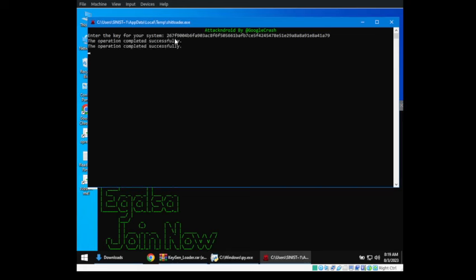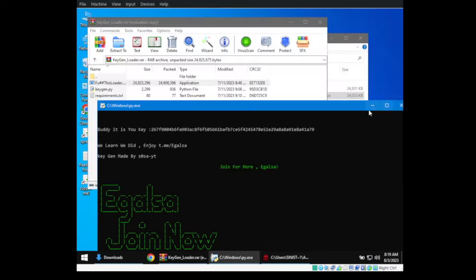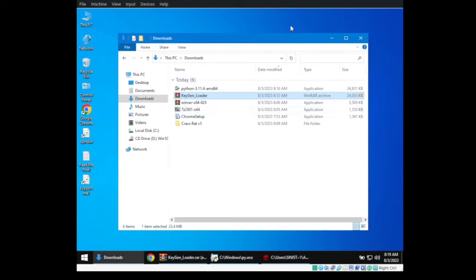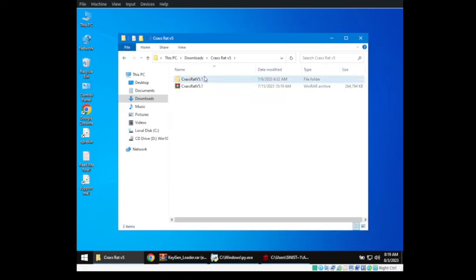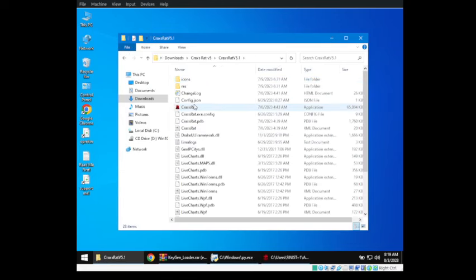Let's do enter. Now what we want is, let's do it, it has been successfully installed. Then let's go on this folder, then this right here. Then let's open this,